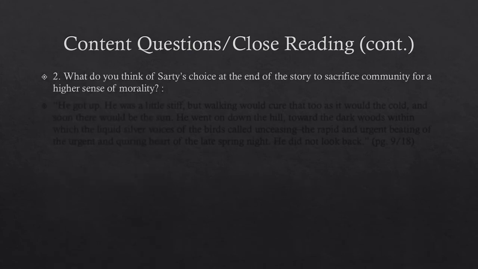Because whether you believe Sardi is the protagonist or Abner is the protagonist, Sardi himself believes he made the right choice. But we see, what did he give up for that choice? He gave up his family. He gave up his only chance to belong to a community. And so was it worth it? Was the juice, a greater good, stopping the barn burning, worth the squeeze, losing your family, losing your community?